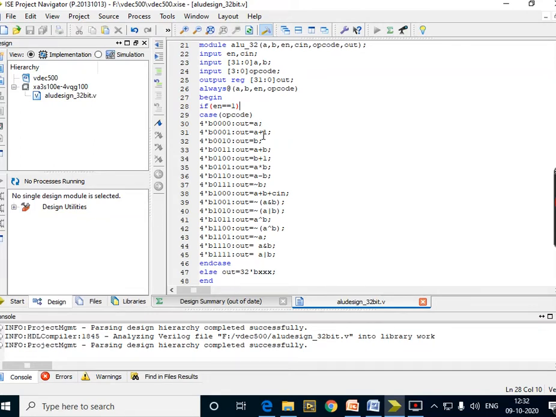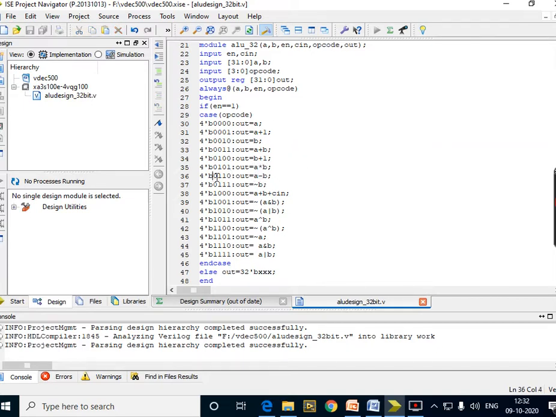Now for 0 1, it is increment of available data. Now for 1 0, output is B. Simply it is B. And for 1 1, it is A plus B. That is my requirement. So you can define any 16 operations on this. Okay, you can define any 16, like I have defined here addition operation. Similarly, you can define even subtraction also. So similarly, you can define here multiplication also, A and B, and here you can see here A minus B.